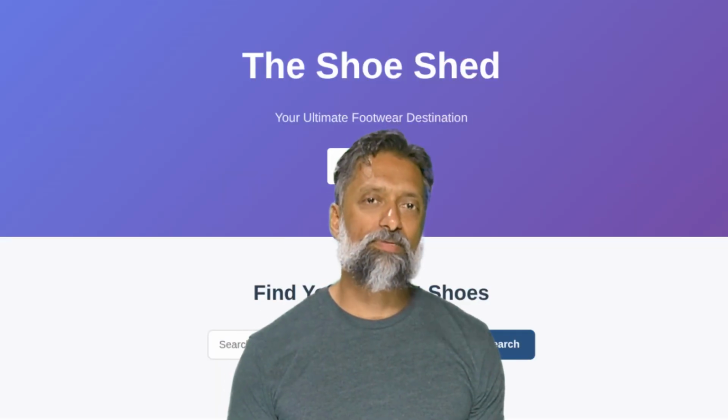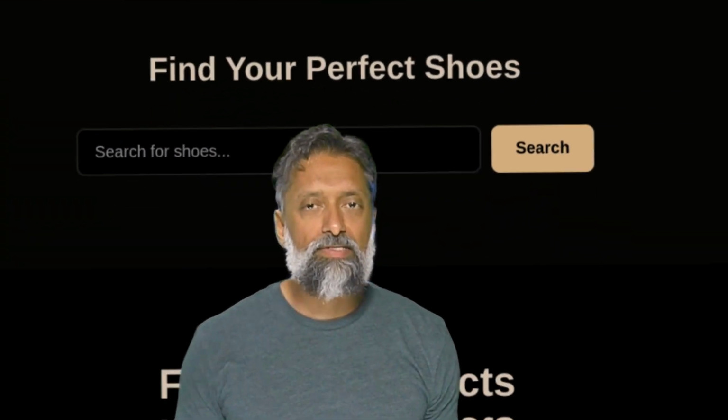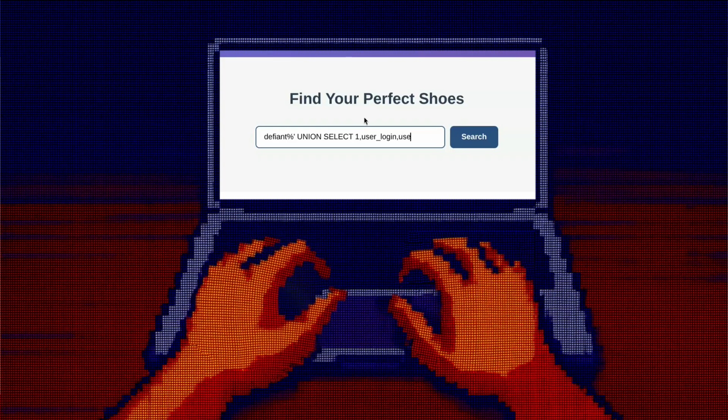But what if the website's programmers made a mistake? What if they didn't properly sanitize the search box? It means the database might not be able to tell the difference between my search data and the SQL query language. Let's try. This time, I'm going to type something that looks like nonsense, but it's actually a very specific